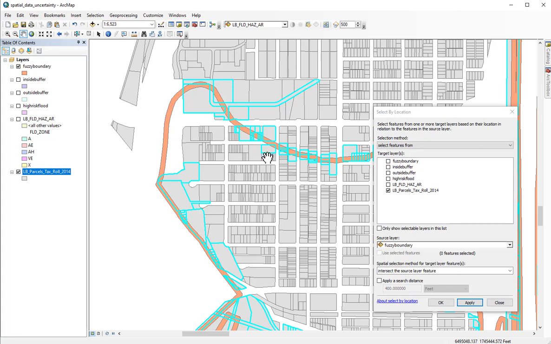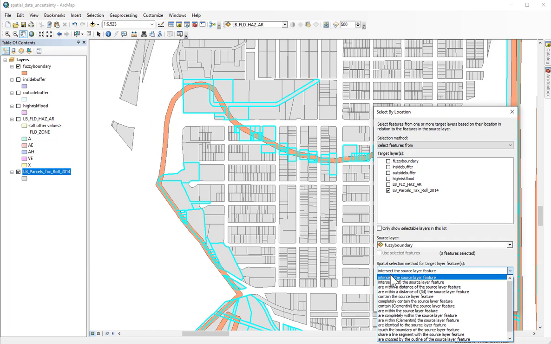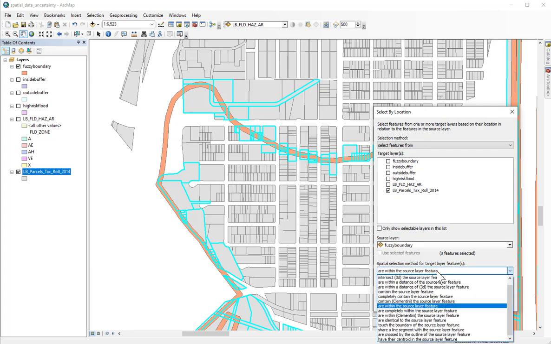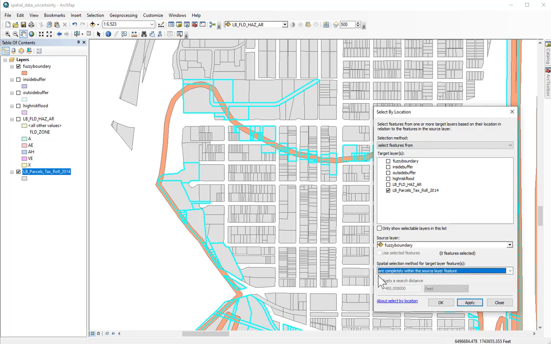Let's see how that changes by changing the spatial selection method. Let's change the spatial selection method to are completely within. So which parcels are completely within the source layer? Change it to are completely within the source layer. Which Long Beach parcels are completely within the fuzzy boundary? Are there parcels that fall completely within this plus or minus 38 feet, and how many of those are there? If we click apply,